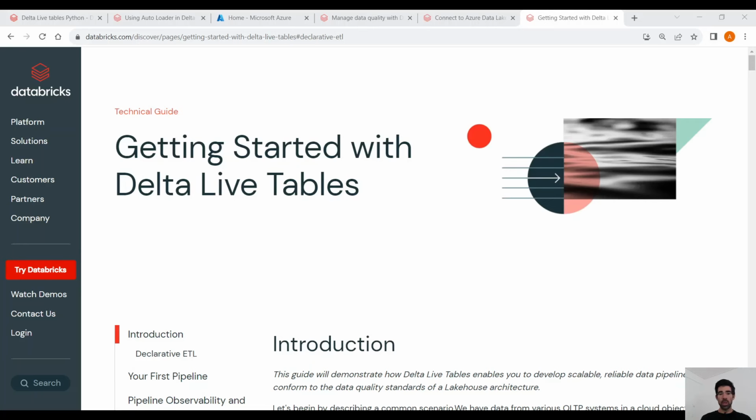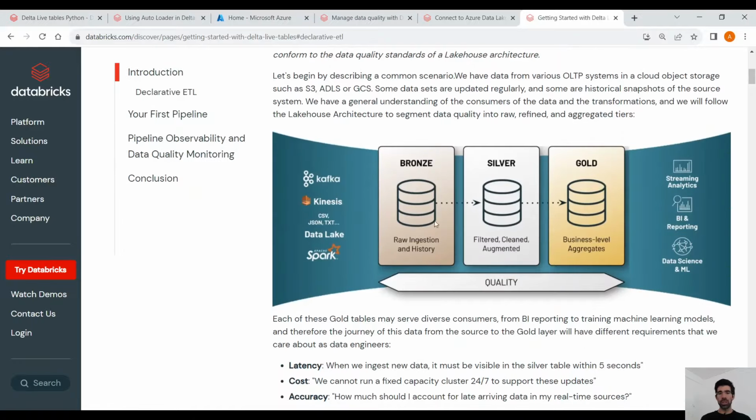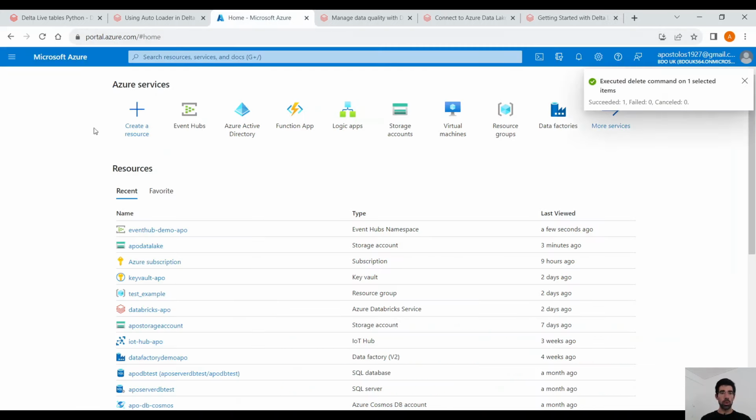This is Databricks documentation where we can see an example of how to build a Delta Live table step by step. As you can see, they use the Medallion architecture as well. For us now, what we want is to create the bronze layer. So how are we going to do that? We are going to use EventHub and send data from our Python code and capture this data into Avro format in our data lake. Remember, I'm going to use the same Python script that we used last time to stream data into EventHub. So let's go to our Azure